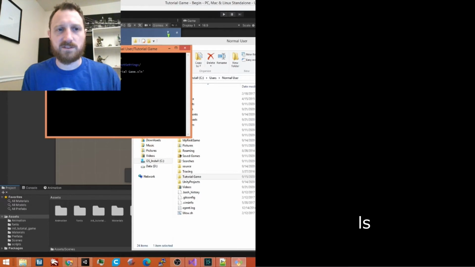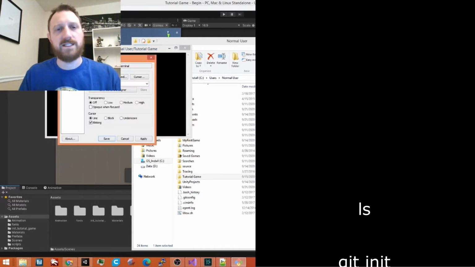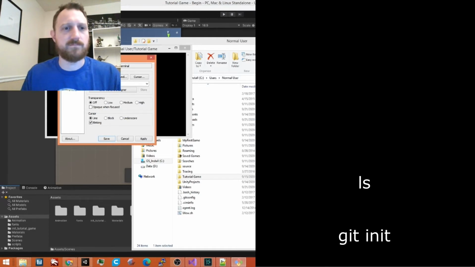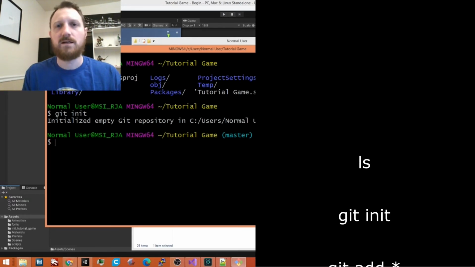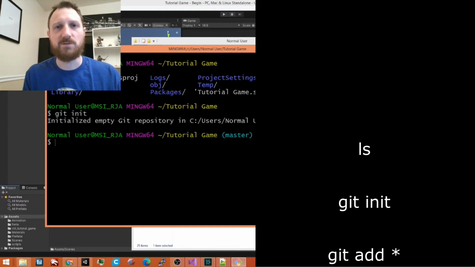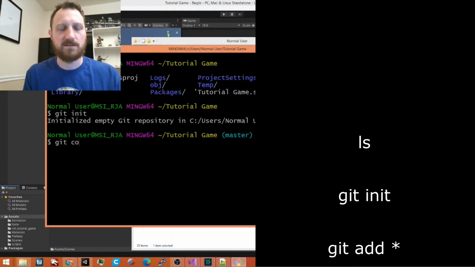The first command I'll be using is git init. Git init will create the files and folders that it needs in order to create the versioning system. So the way that Git does versioning is through something called commits. So every time you want to save a version that you might want to go back to, you do git